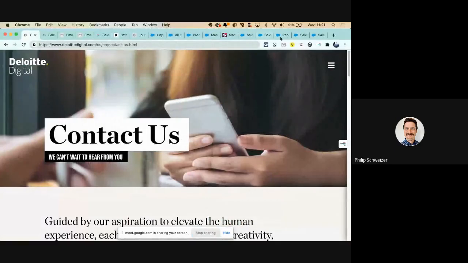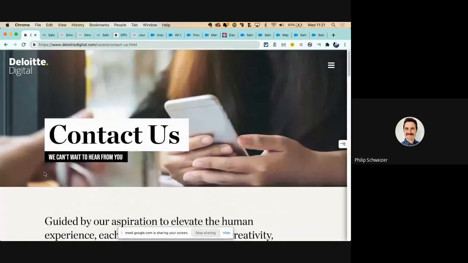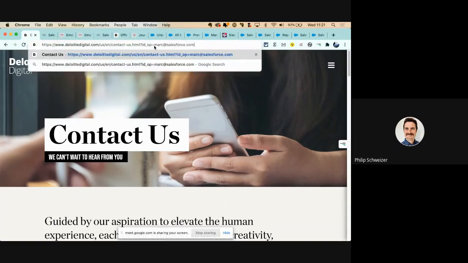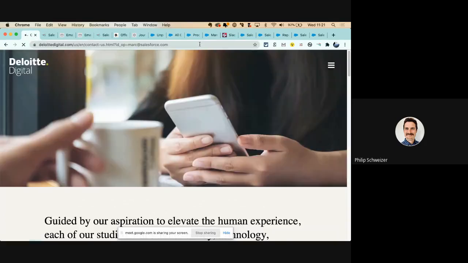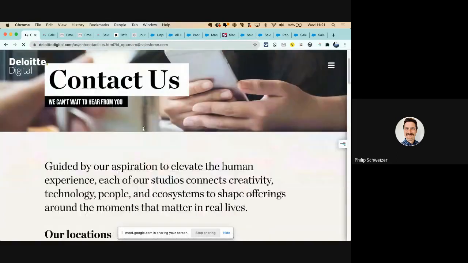So I'm tracking myself locally here on the website, just so you know how everything is coming together. And we imagine that a lead has been doing research on Deloitte Digital and finally reaches out to the company. Now, it happens to be this lead is Mark Benioff, so I'm just pretending now locally that I would have submitted this contact us form.